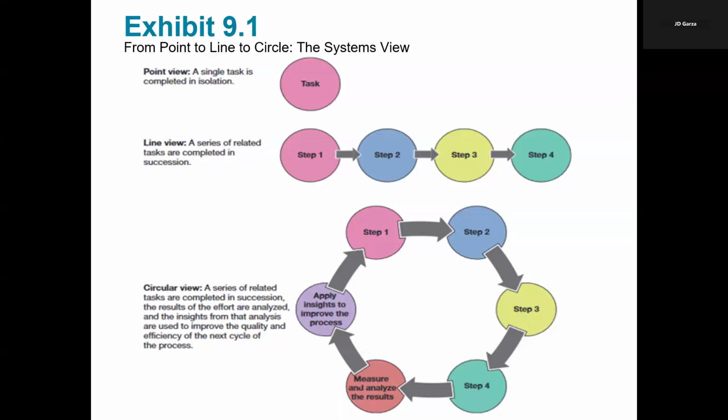Now, as I mentioned, that circular approach aligns with modern business needs, emphasizing agility, customer responsiveness, even continuous improvement, and these principles are very, very vital in today's fast paced, data driven environments. But it also enables those organizations to adapt quickly to those changes, innovate effectively, and consistently deliver those better outcomes.